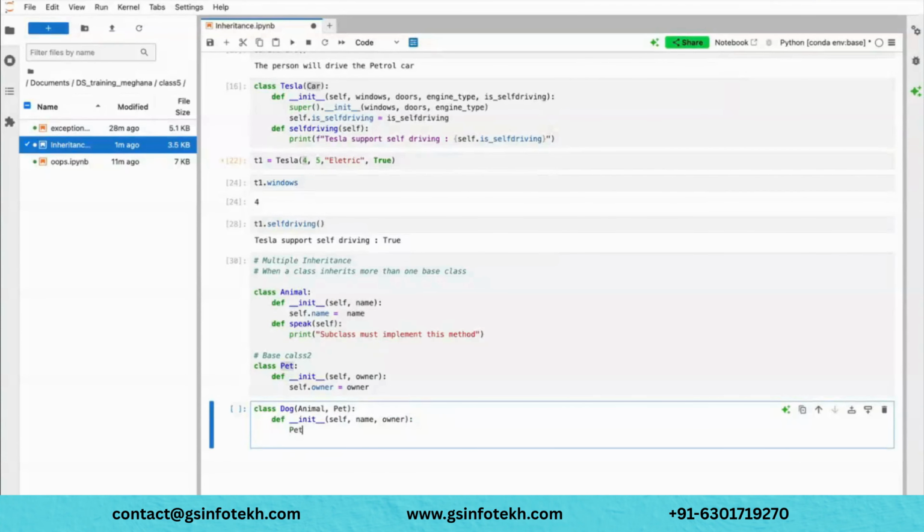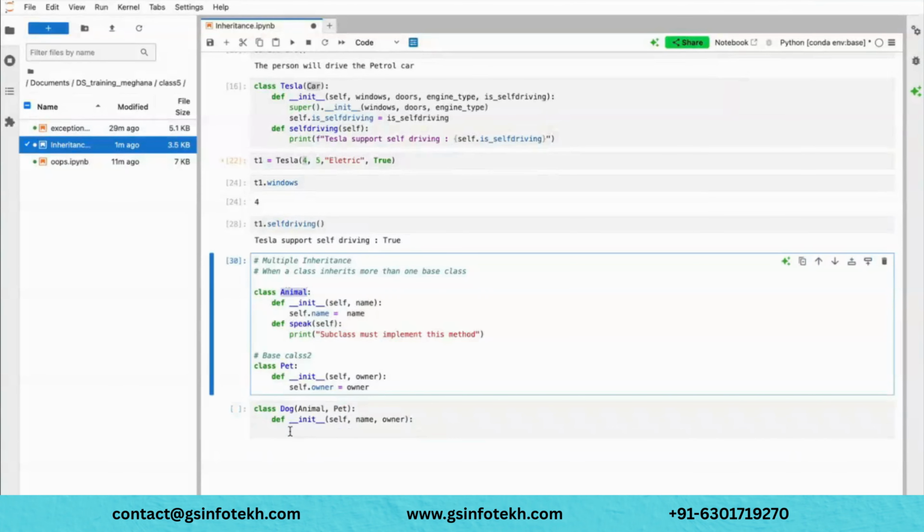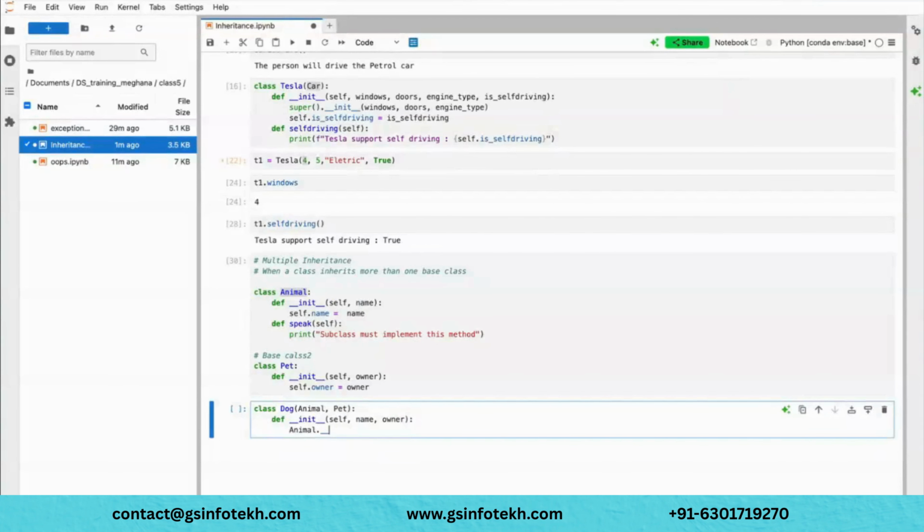Now you can also get the attributes directly like this. Animal.init, self.name, and then Pet.init, self.owner. So I am calling the init methods of those base classes, correct?